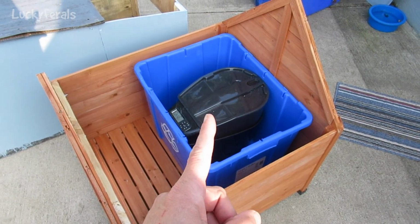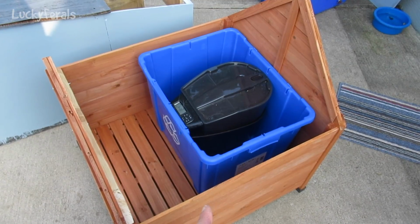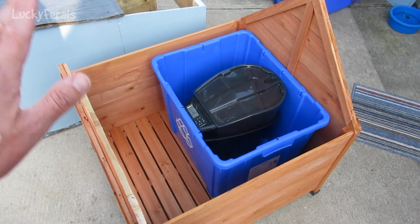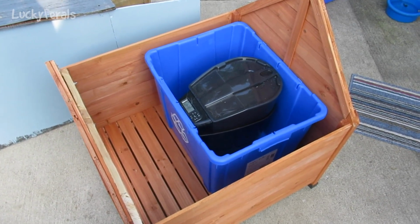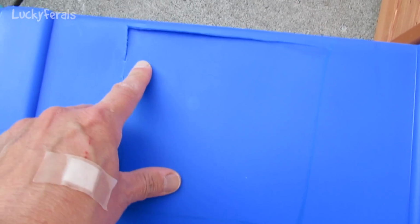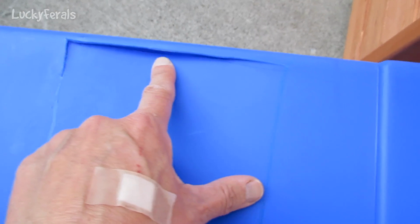I'm trying to rig up the automatic feeder in this new container, in this new doghouse. I got the doghouse on clearance at the Christmas Tree Shop, and it has a really nice roof on it, so I'm trying to make this work. What I'm doing to the side of this tub is cutting a hole opening into the tub